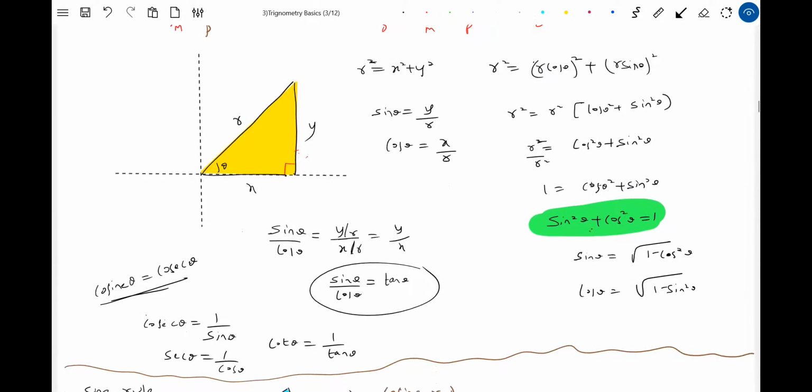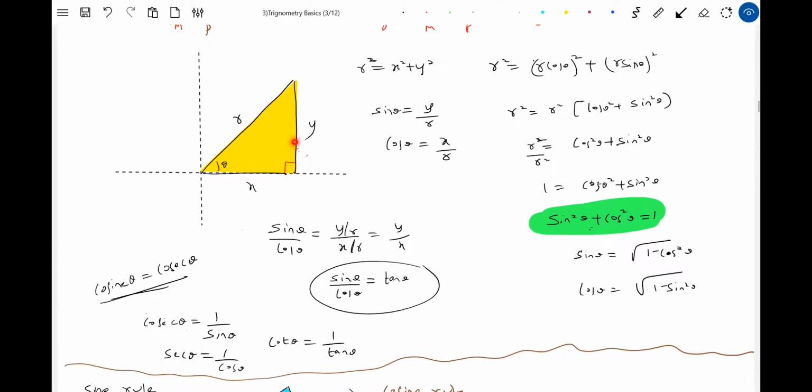Then, how are sin theta and cos theta related? Okay, look at this triangle. Pythagoras theorem: r square equal to x square plus y square. Then how do you define sin theta? Opposite by hypotenuse. Cos theta is adjacent by hypotenuse. Let me substitute the values of x and y in this equation. x is r cos theta, y is r sin theta. Let me take r common: r square times cos square theta plus sin square theta. Then r square by r square will be 1. So therefore sin square theta plus cos square theta equal to 1. This is an identity.